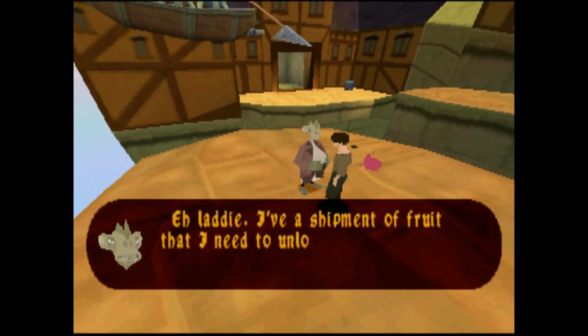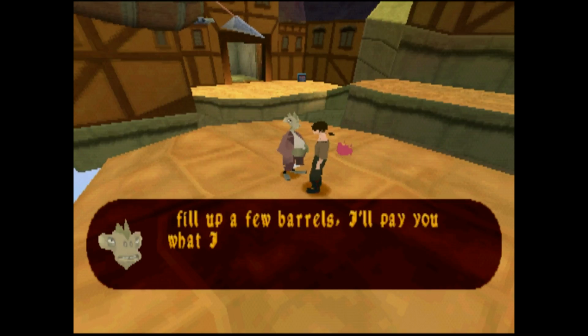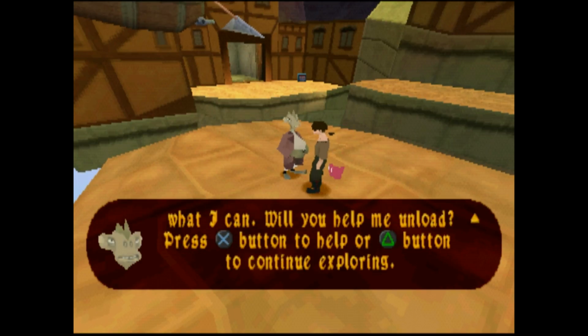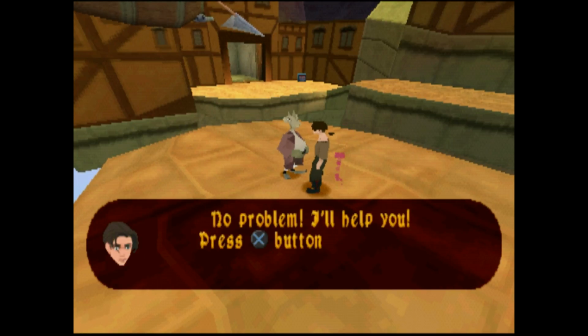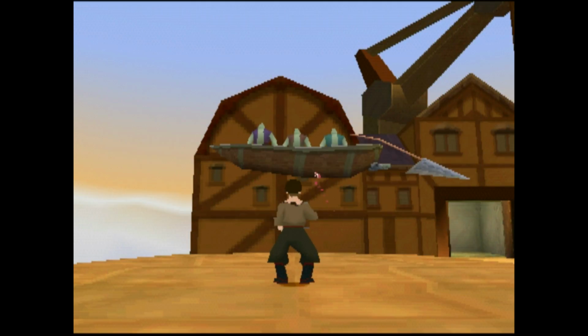Hey, laddie! I have a shipment of fruit that I need to unload for market, but some of it's spoiled. If you help me fill up a few barrels, I'll pay you what I can. Will you help me unload? No problem. I'll help you. 3, 2,